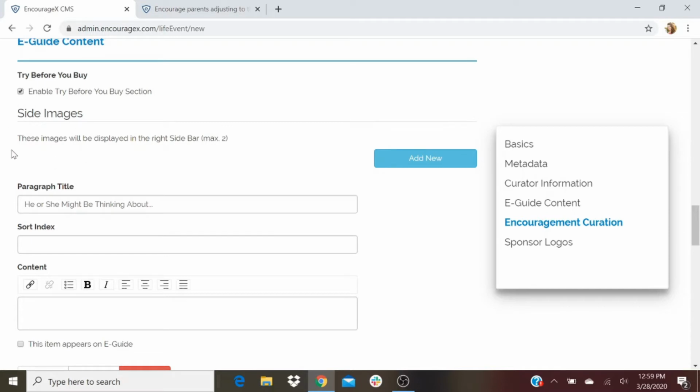Side images, this is a new feature that was recently added to give curators an opportunity to either add links to their website, or maybe they choose to put their image there, or they could use this for sponsor logos. This is going to be displayed on the life event itself. It'll be displayed over here on the right side of the screen, and you only have the option to add